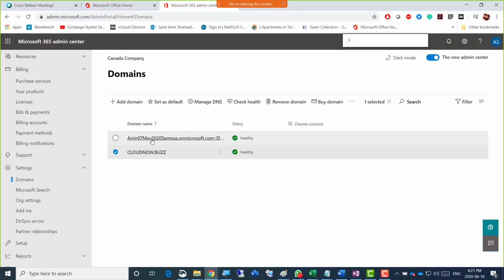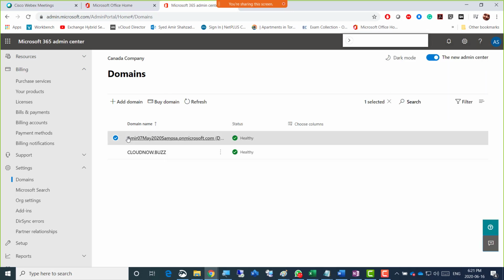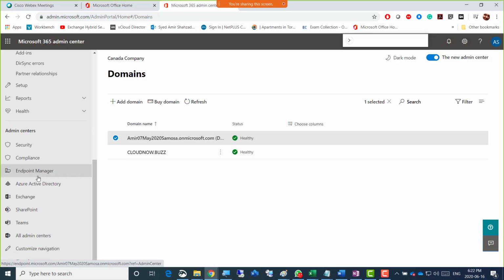Actually, don't click on that. Go for the other one, the free one, and make it primary. Seriously, I think I made it. If I select that, it's not even showing me primary. This means that we can go to Azure Active Directory because we did it there. So we're going to go there, guys. I'm just going to go way down here to Azure Active Directory.